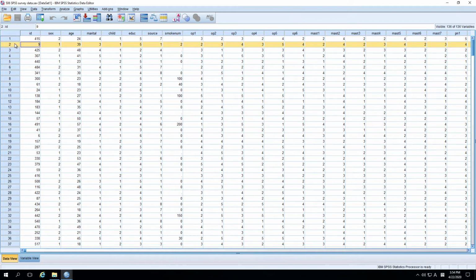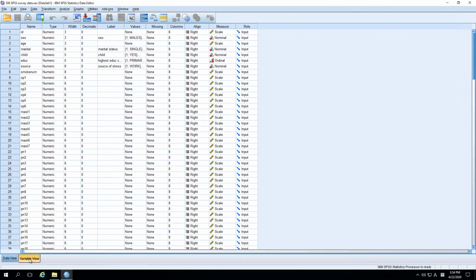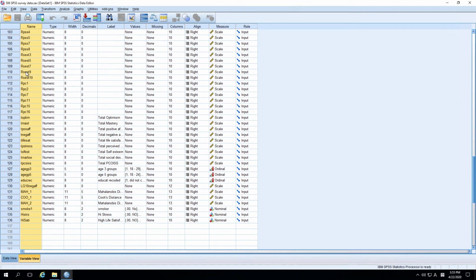Now let's look into variable view by clicking the variable view tab here. In variable view, you can see the characteristics of each variable. In the first column, we can see the names of variables. And one thing you should keep in mind for this column is that variable names in SPSS should not have any space between the letters. So, as we can see here, there are no spaces between letters. But if you really want to put a space in the name, use underscore. As you can see here,